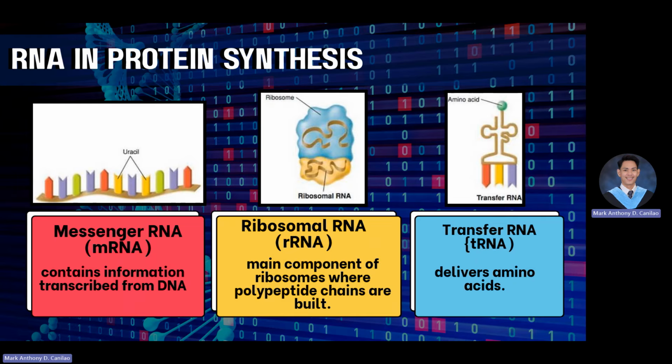Lastly, we have the transfer RNA, or tRNA. It is very distinct in feature because, as you can see, it has a letter T or cross-like structure. Aside from that, it also carries an anticodon, which is located at the bottom part. It has an anticodon for the codon that we have on the mRNA. Another distinct feature is that it carries an amino acid. When these amino acids form a bond in a process called dehydration synthesis, they form a long polypeptide chain, and when it folds, it creates a protein.